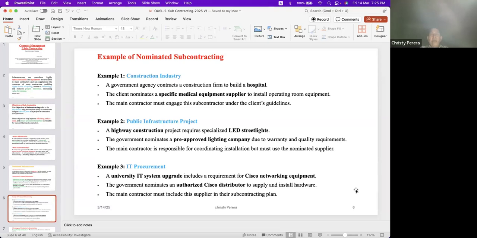The client nominates a specific medical equipment supplier to install the operating room, operating theater equipment. Now, a normal construction engineer doesn't know anything about it, maybe he is not an expert on operating theater equipment. So I will nominate some expert